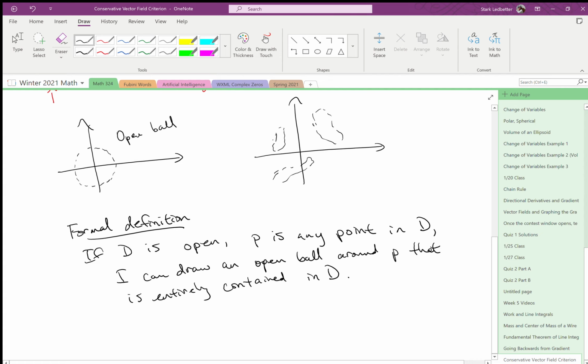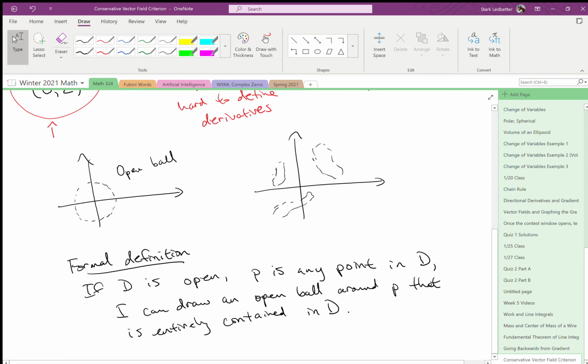Okay, so open balls are pretty well defined. It's just the weirder open sets that get weird. Okay, so what does that mean? That means if I pick a point inside my set D, I can draw an open ball, and certainly I can do that there. I have to be able to do this for every point. So like points really close to the boundary, let's say they're distance little r away from the boundary, I just draw a ball of radius little r over 2. That's okay. So these balls will get really, really small close to the boundary. But check this out. The fact that the boundary isn't contained saves us, because I can always pick a small enough ball. If I took a closed ball,